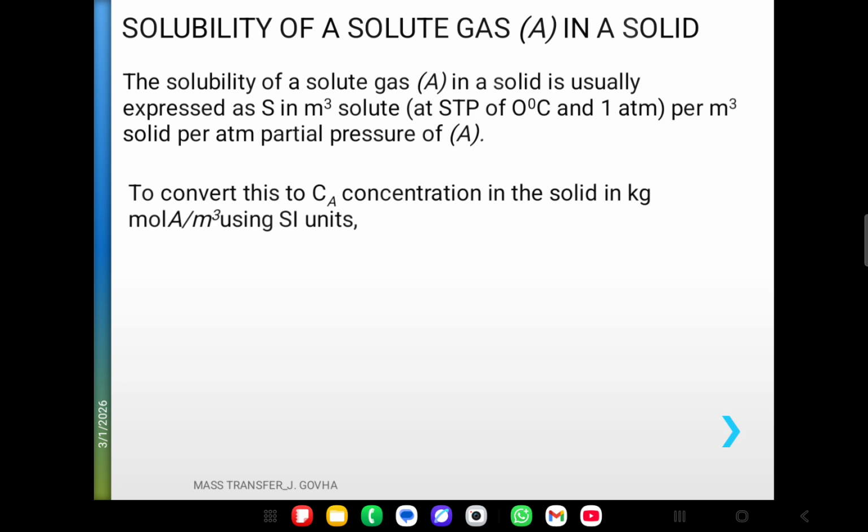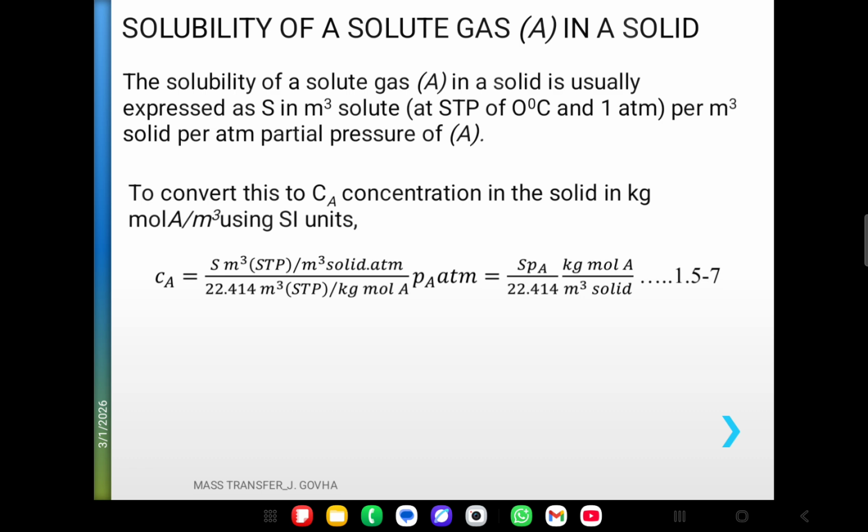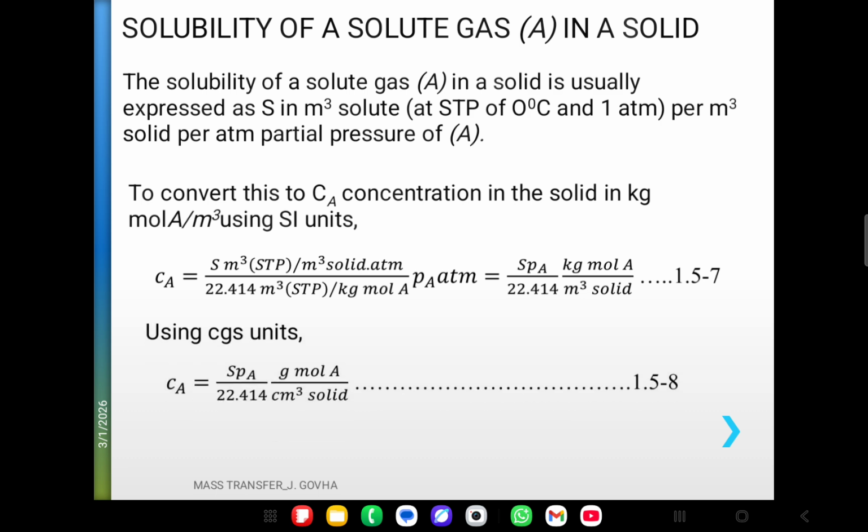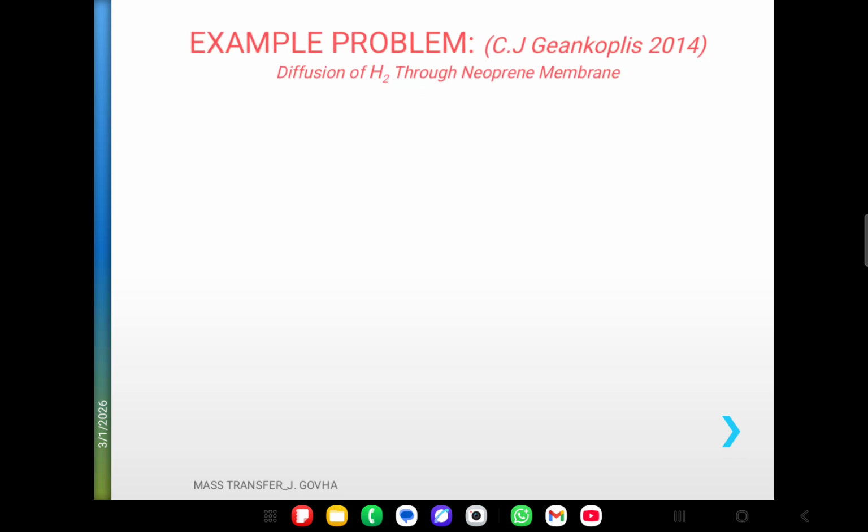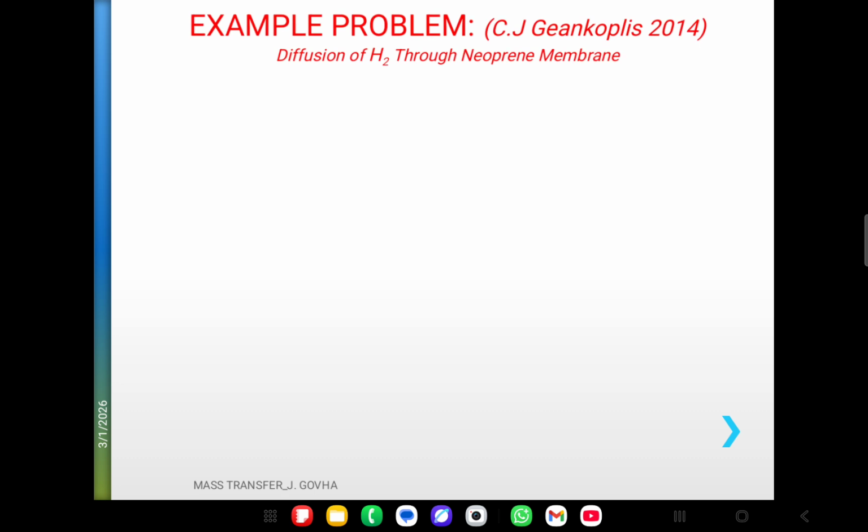To convert this solubility to concentration in solid, we use the following equation: CA = S PA over 22.414. This can be done in CGS units again as 1.5858. Let's look at an example where diffusion of